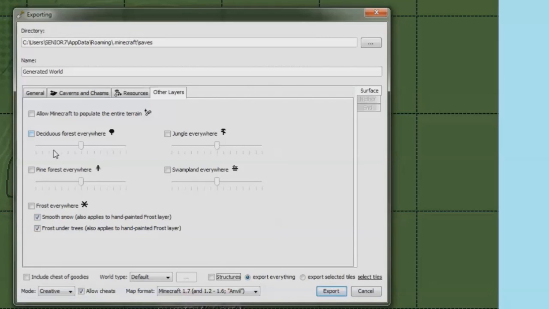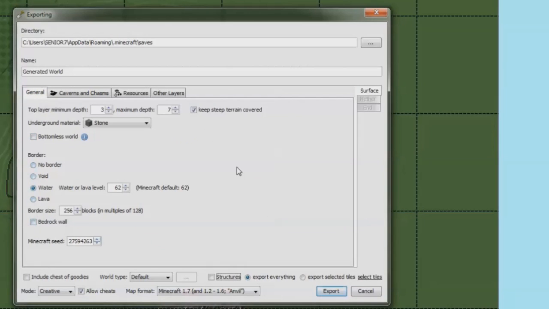So if you paint a frost layer on, you're definitely going to want those checked out. But once we have everything here the way that we want it, we can click export. But let's say we're doing a big map and we don't want to wait 15 minutes, 20 minutes for the map to render out. We just want to check just a small area, and you're going to want to do this a lot while